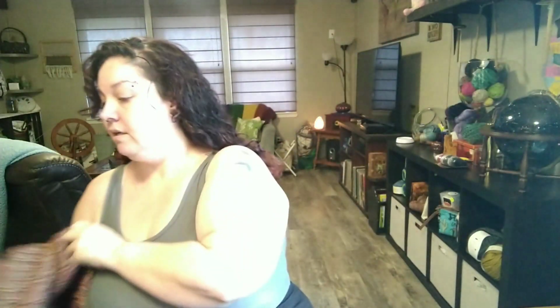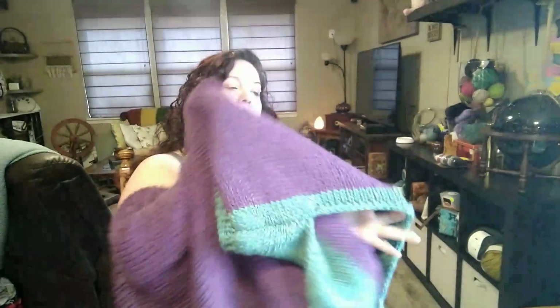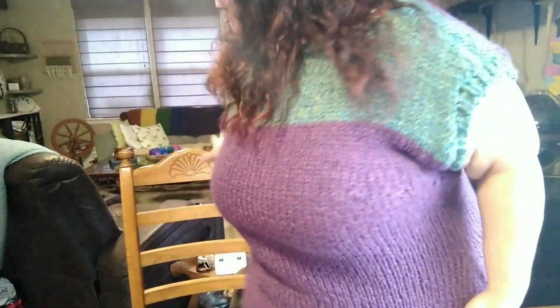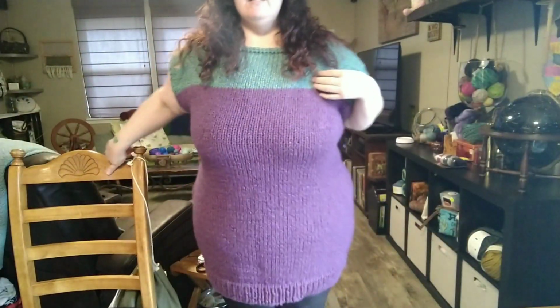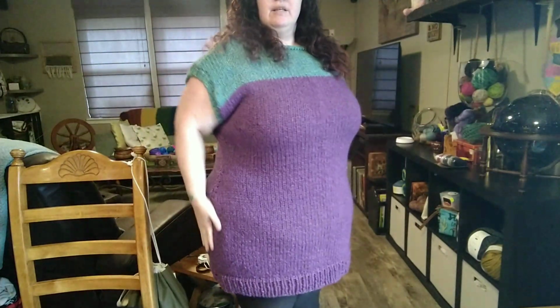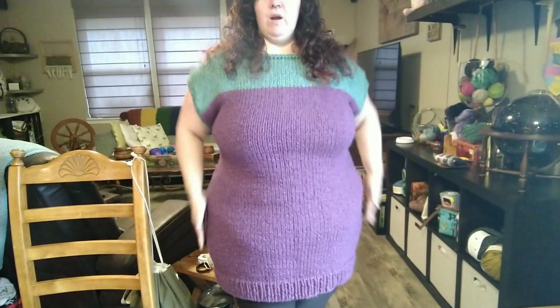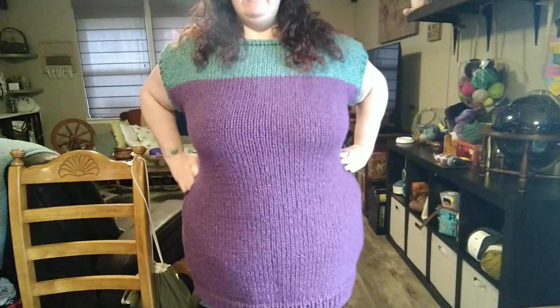It's actually a sweater dress, and I love this. I did a lot more math for this one to figure it out because I wanted to get some shaping in there. Slide the chair out of the way so you guys can see this. So I did some shaping. I started the base at however wide my hips were, so it comes straight up, and then I tapered in,